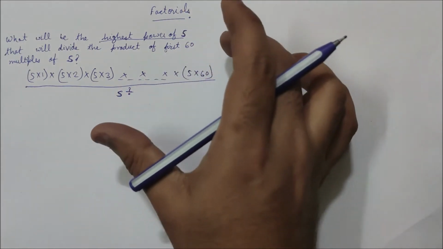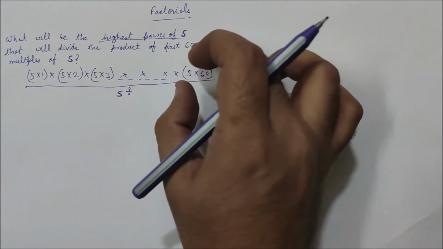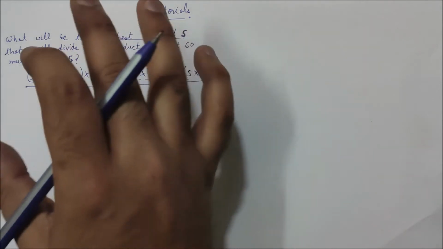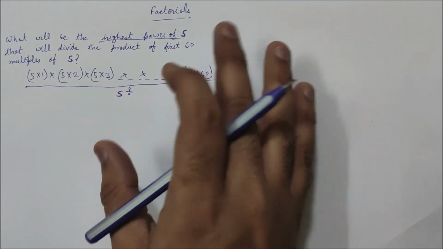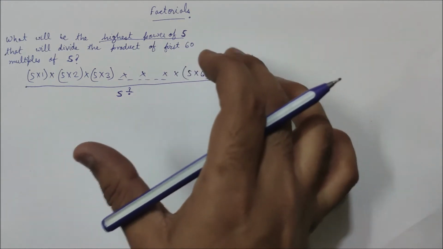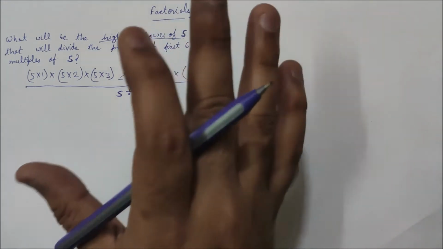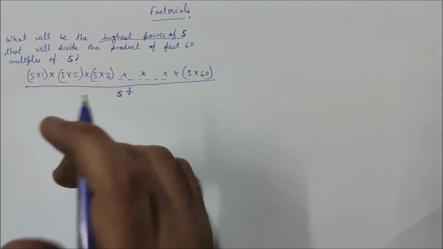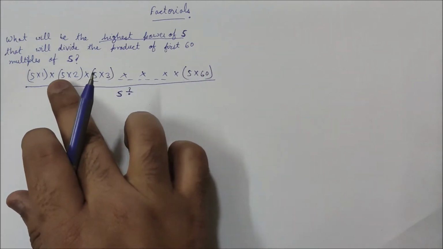So understanding such questions is the key before you proceed, because sometimes what happens is students don't understand the questions correctly and they go on an entirely wrong path, especially in exams like CAT and XAT. They frame questions in a way which will often lead you to a wrong path. So it's important that you read slowly and try to understand what the question exactly means. So we need to calculate the highest power of 5 in this expression.